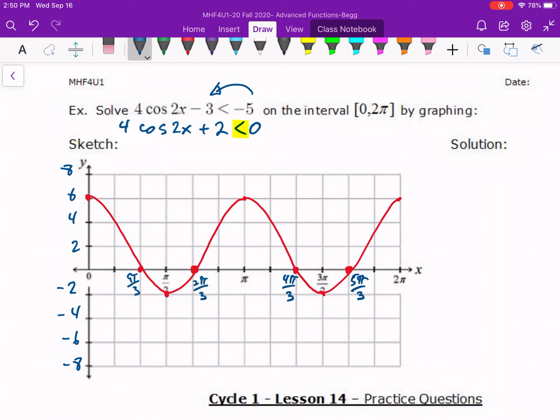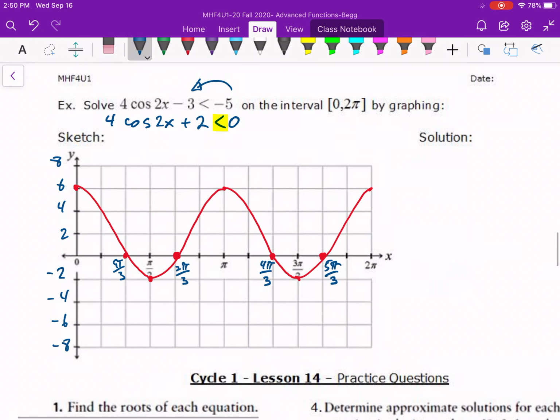Okay, so that would be my solution if I was just looking for the x-intercepts for the solutions, but we are looking for, well, actually, now that I've rearranged it, let's look at this one. We are looking for where this graph is below the x-axis. So we're looking for this chunk here that I'm highlighting in blue, and this chunk here that I'm highlighting in blue. So the solution, and there's no equal sign involved in this one, so it would simply be pi/3 is less than x, which is less than 2 pi/3,